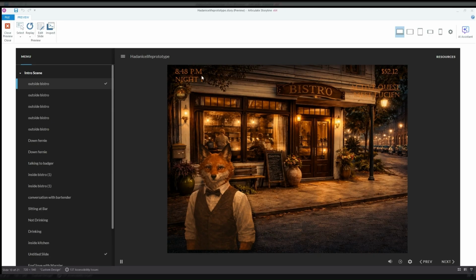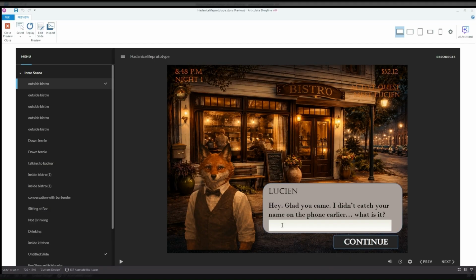Our UI looks like this in the top left. We have the time of night, the night number, because we're just beginning the game, of course, and home, just in case we run into any issues the player can just return to the screen. Money on hand, just the default number. Active quest, meet Lucian. This is all we're provided with here. So the player presumes this is our protagonist.